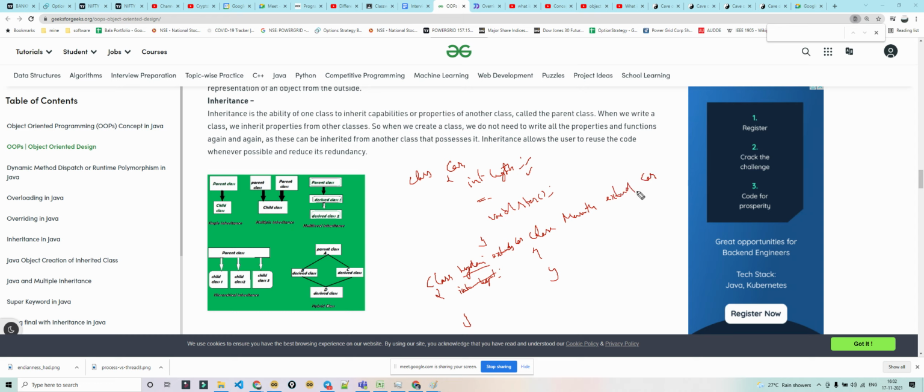Once you do that, if you create an object for Hyundai, from the Hyundai object you can access the car variables and fields also, because they are already inherited. So what is the advantage? You need not write the code again. You need not write the function for start again, it is already there in car, and you need not write the function for stop separately. So you are reusing the common code. That is the main advantage of inheritance: code reusability. Let's see how to implement it.